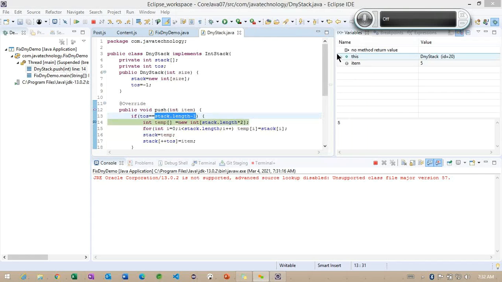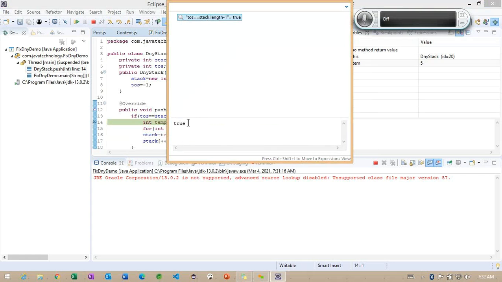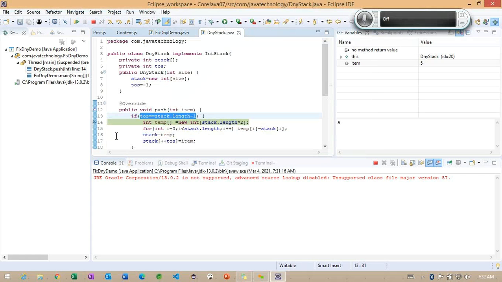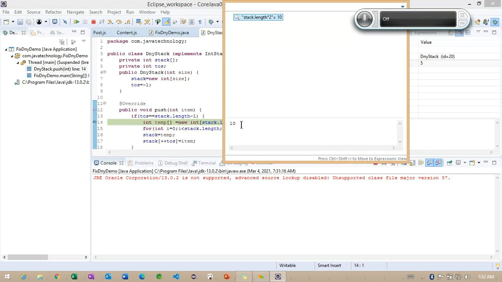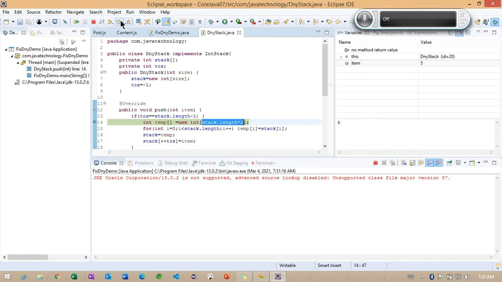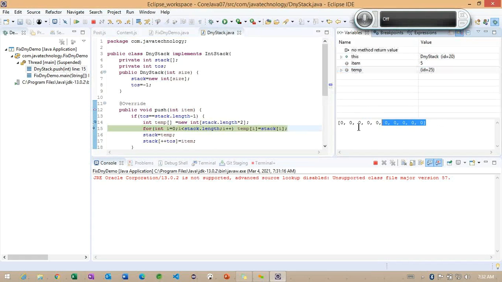Getting the point. So this is the way what we are going to do here. This particular condition is returning true. Now once it is returning true, what is the value we are going to get here? You can see 10 we are getting here. Getting the point. So based on this particular 10, we are going to create a new array. So observe, inside the temp there are no values. All values we are having are 0. These are the default values.